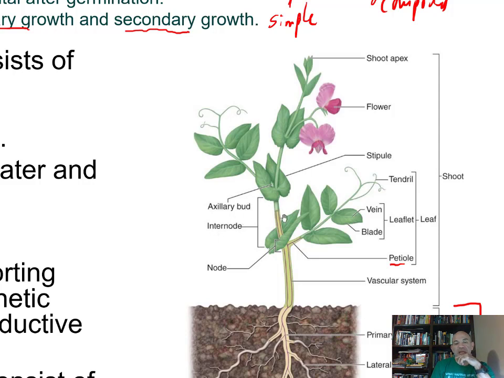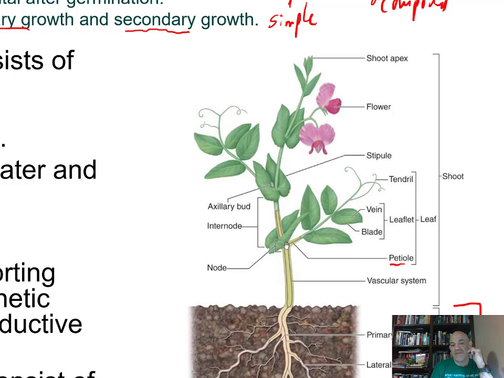Okay? Now, where the leaf is attached, between the stem and the leaf, is going to be a bud. It's called an axillary bud. There's that little green dot right there. And in there, there's going to be growth that can occur. The axillary bud can grow into a branch, which hasn't occurred yet, or it could even produce a flower. So this bud could be responsible for producing a flower right at the joint between the